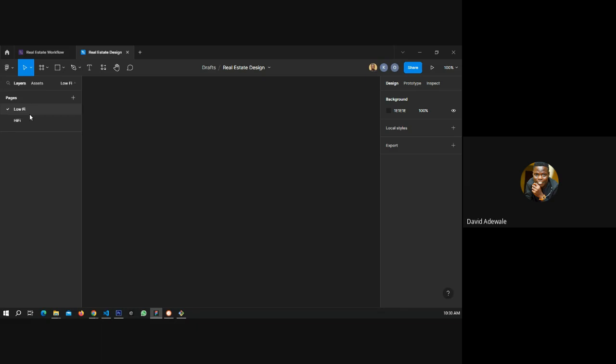You can have this as your lo-fi file, and then you have this as your mobile application, and then you can create another one if you are having a vendor page design. You can create another one as the vendor page design. Then you can have multiple pages based on what. Okay, let me use a popular Uber as an example.